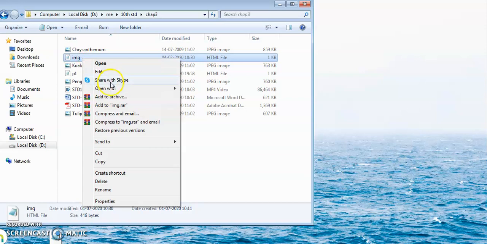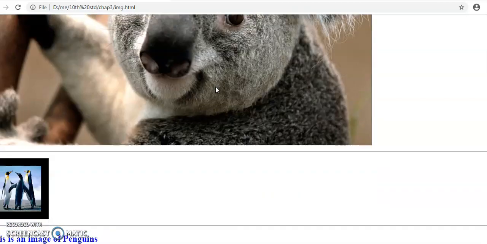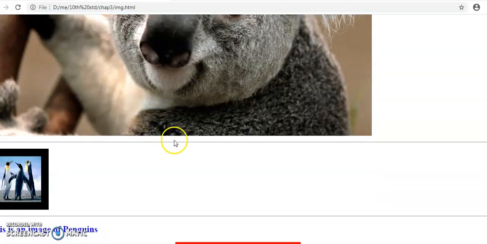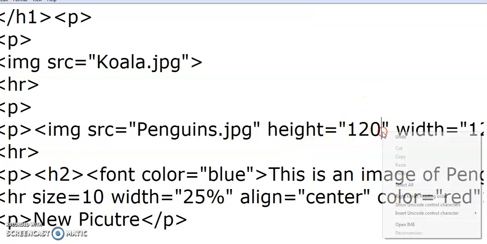First I am putting a cola picture, then I am giving a horizontal line, then I insert a penguin picture. For the penguin picture, see, I added other attributes: height and width.